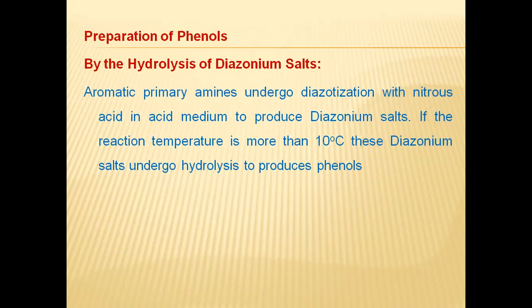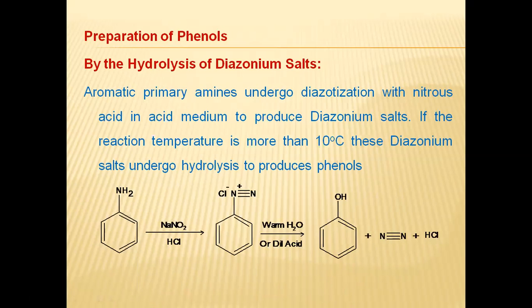If the reaction temperature is more than 10 degrees centigrade, these diazonium salts undergo hydrolysis to produce phenol. So aromatic primary amines undergo diazotization with nitrous acid in acid medium to produce the diazonium salt, and if the temperature is more than 10 degrees centigrade, they undergo hydrolysis to produce the phenols. So here it is an amine,